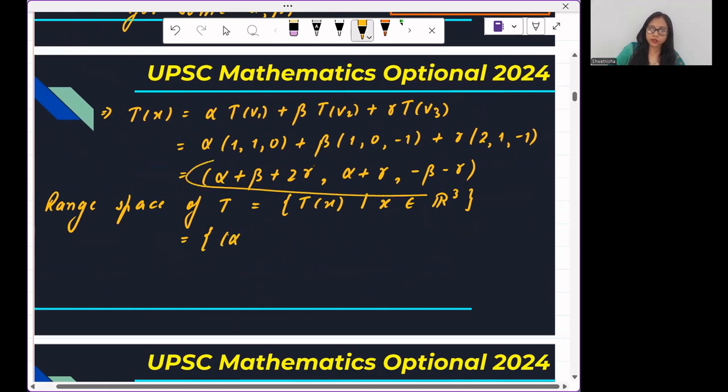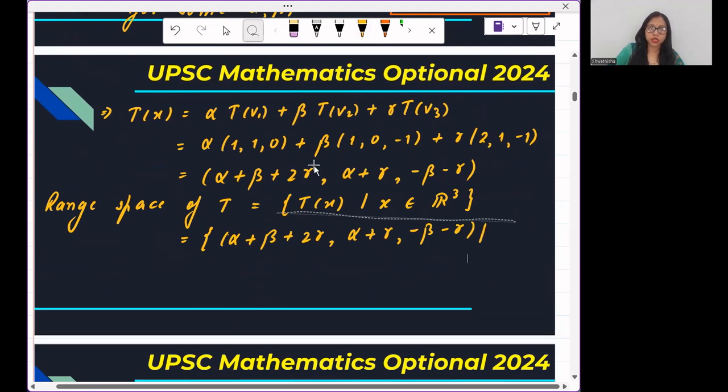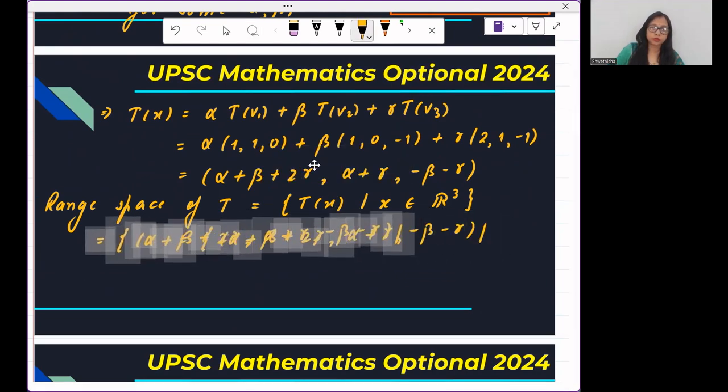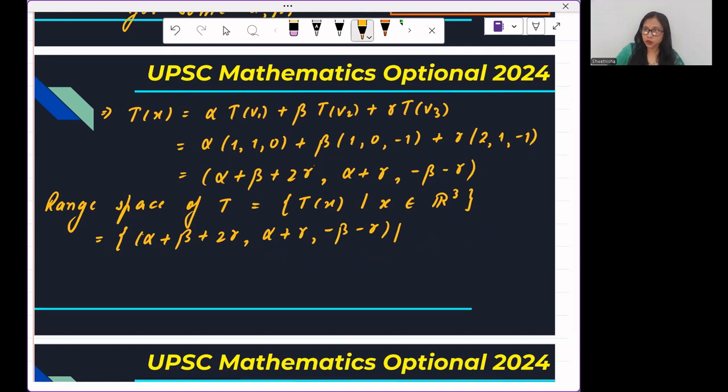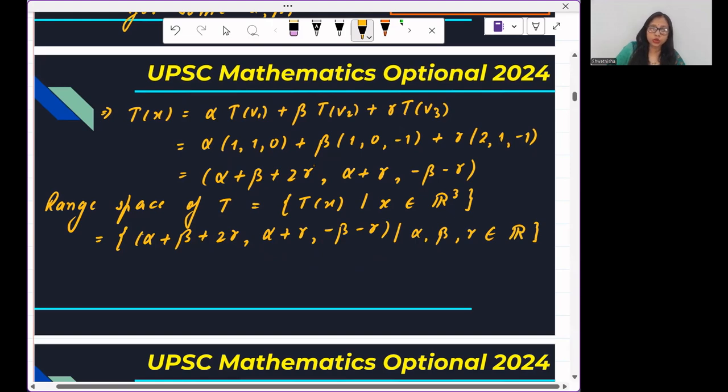I have solved T of X, so I'll substitute the value. This is (alpha plus beta plus 2 gamma, alpha plus gamma, minus beta minus gamma), where alpha, beta, gamma can be any real number. So it's easy to see that